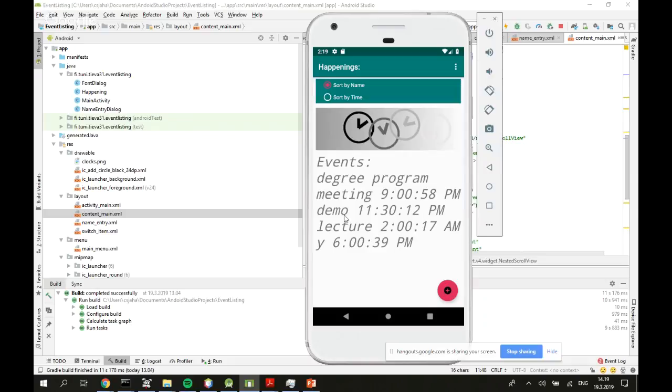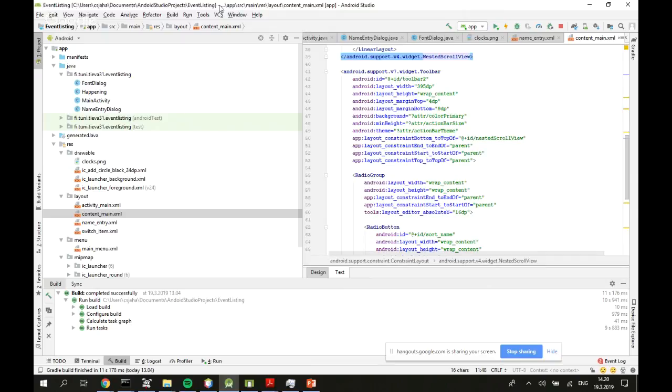And if you add enough events, this part with the image and the text should be scrolling vertically if you just drag it. So yeah, I won't be programming this live, but showing the different aspects of how it has been implemented. I started with the basic activity, so I have this activity main and content main in the layouts. And if we look at the content main,